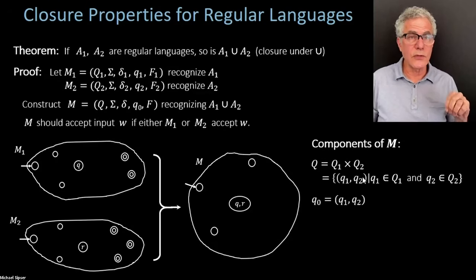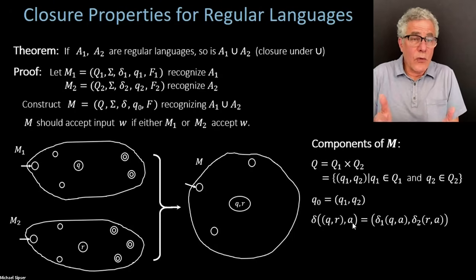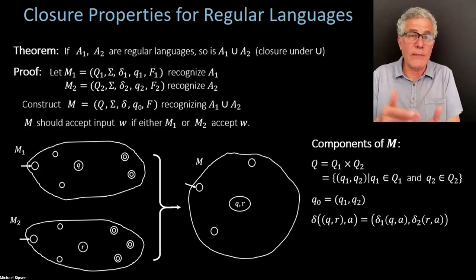Probably I should not have reused the Q notation. I should have called these R's, now that I'm looking at that. But anyway, I hope you're not confused by reusing this. Q1 and Q2 here are the specific start states of the two machines. These are just two other states, representative states of those machines. Now the transition function for the new machine is going to be built out of the transition functions from the previous machines. So when I have a pair Q, R and I have the symbol A, where do we go? Which new pair do we get? Well, we just update the state from M1 and update the state from M2 according to their respective transition functions. And that's what's shown over here.